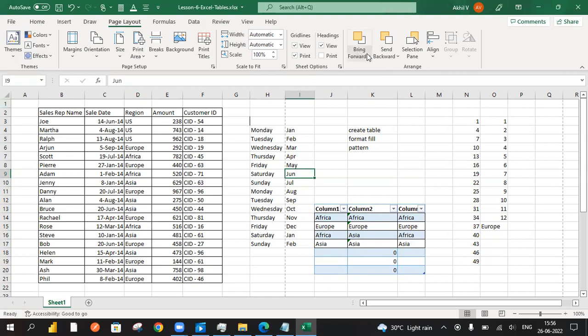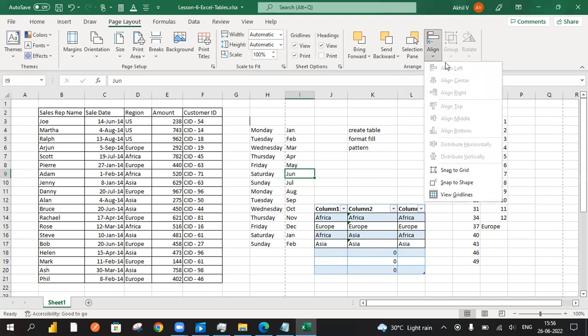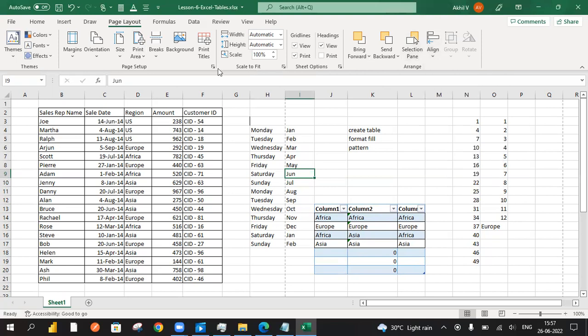And the bring forward, it is going to bring forward whatever the sheet alignment you are going to arrange with respect to some alignment like left or right, you are going to take into consideration. So that is the page layout we are going to handle with respect